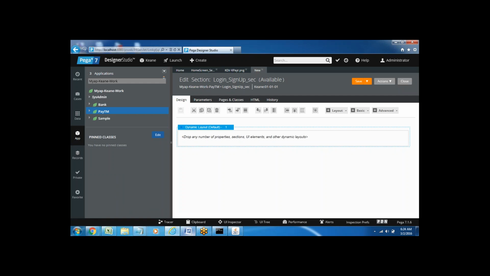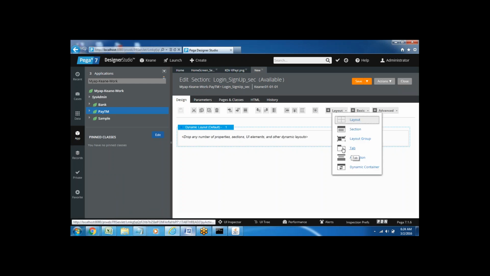Now add a new layout, and this time I'm going to use a tabbed layout. Go to the layout menu. You can see one option called tab option. If you use this option, it will display a tabbed layout. Just drag and drop